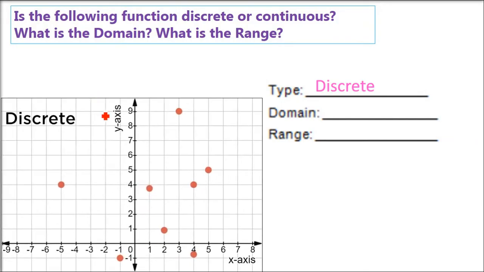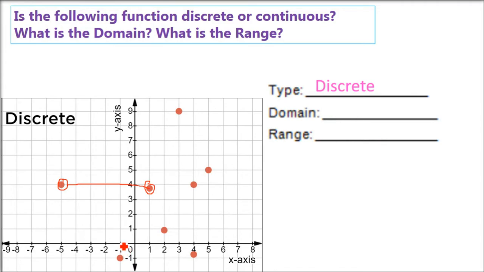This is an example of a discrete graph. Now you see every value is scattered. We don't know what the value is between these. You cannot draw a graph without picking up your pencil or pen. There is no value in between. These are the only values being provided to you. There will be no line. You cannot make a line. We don't know the value in between. So this is a discrete graph. What will be the domain and range?